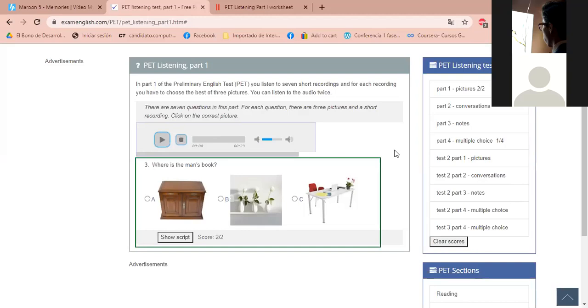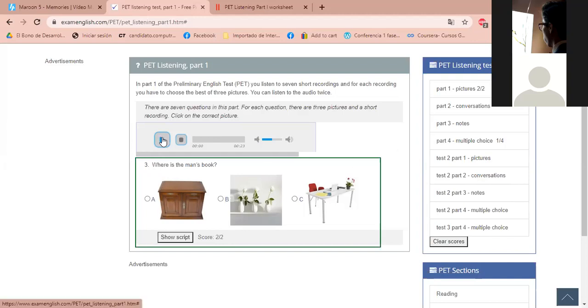Exactly. Los dos primeros no tuvimos problema en acertarles, ¿no es cierto? Pero miren cómo va un poco complicándose los audios. ¿Qué pasa en este punto? Cuando empezamos a tener dudas, cuando no conocemos todos los elementos de las respuestas. ¿Sí? En este caso, ustedes escucharon desk en el audio, escucharon shelf en el audio y escucharon table en el audio. ¿Sí? Es decir, escuchamos las tres opciones que tenemos aquí. ¿Sí? Tenemos que poner mucha atención en otros elementos que nos puedan guiar a la respuesta.